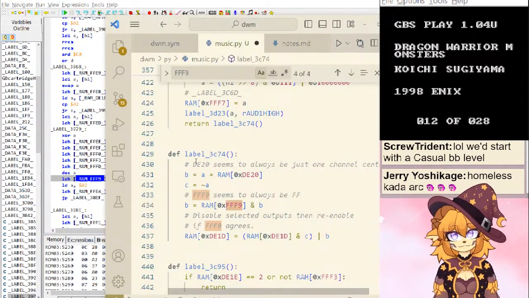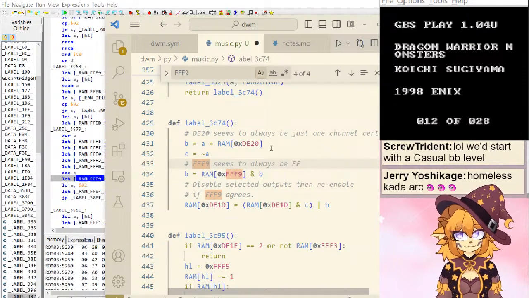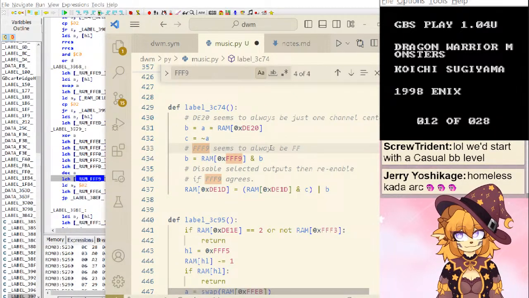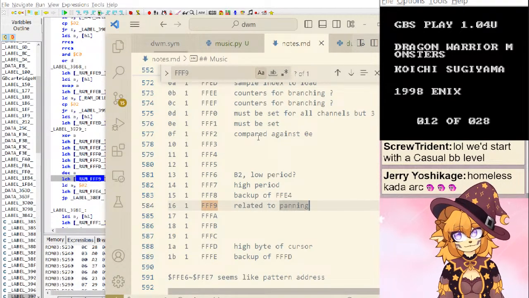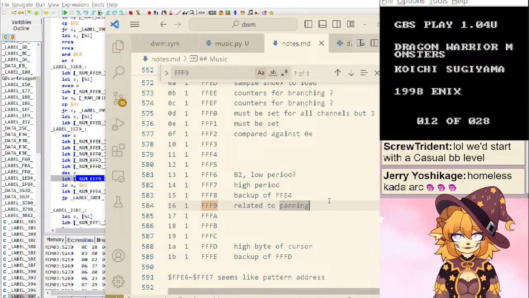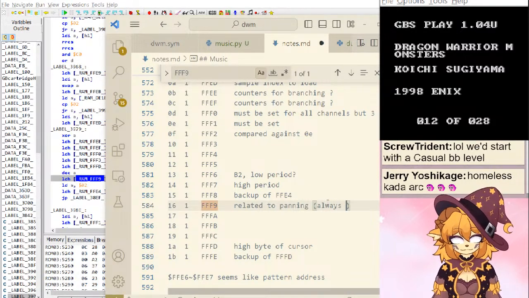It's not doing any other assignment there. Okay, so fair enough. So FFF9 relates to panning. Nice.